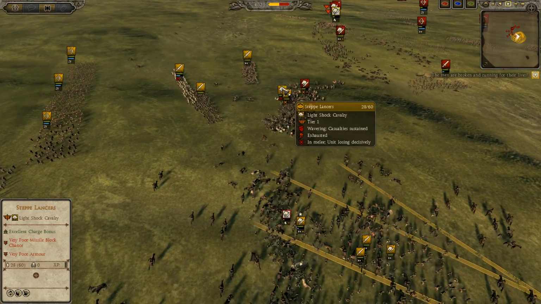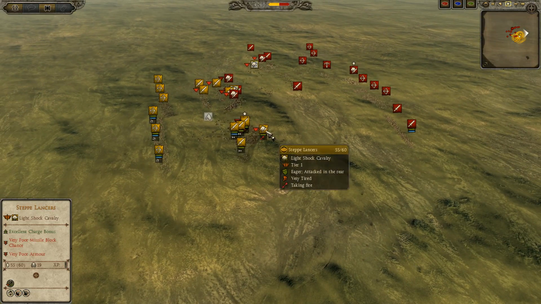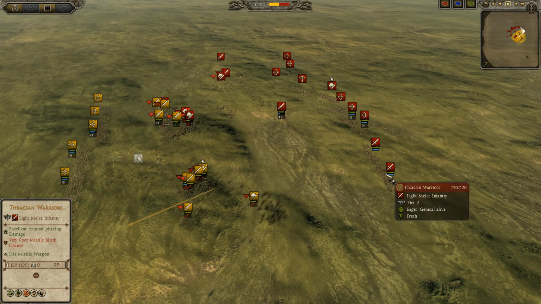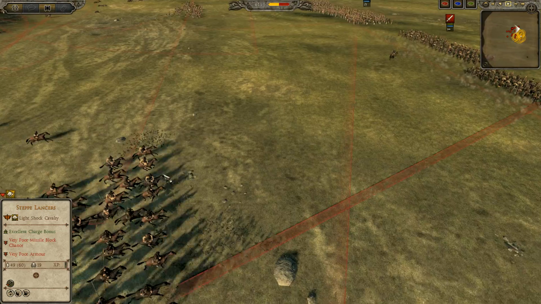I mean, yeah, they're getting another charge off. They might kill the steppe lancers, but I wonder if they're going to have enough. So the steppe lancers, some of them should survive until the end game, I think, because at this point there's very little cav left for the Visigoths, so they should be kept in reserve against all these archers or crossbowmen. But it looks like they're just going to push forward and try and get to the Thracian warriors, which